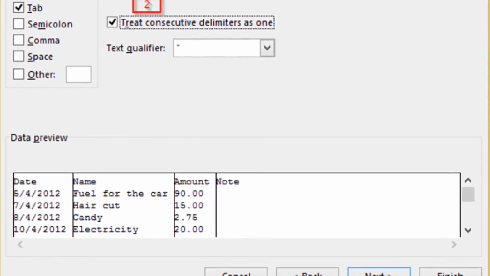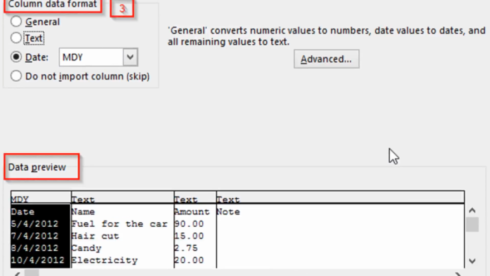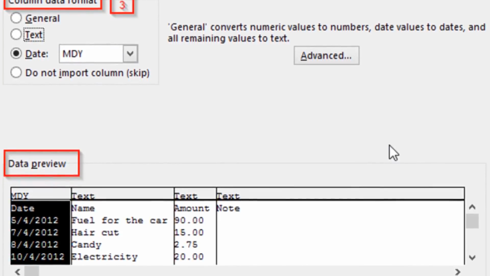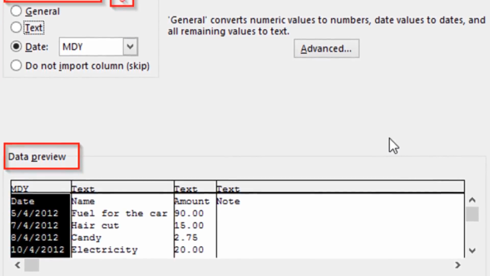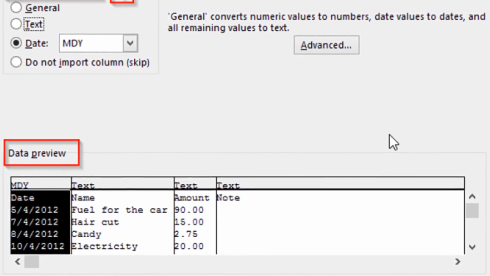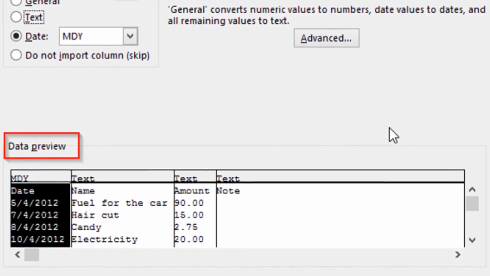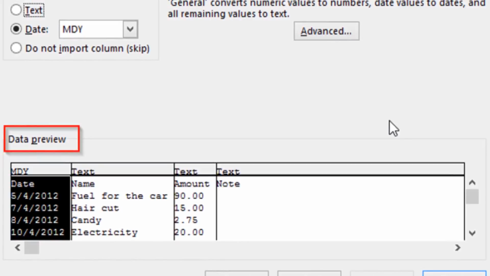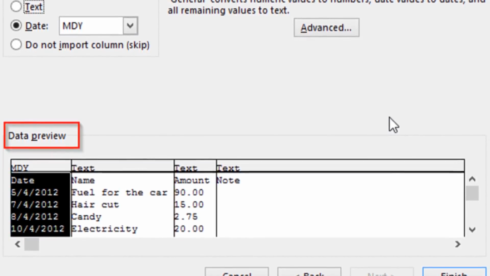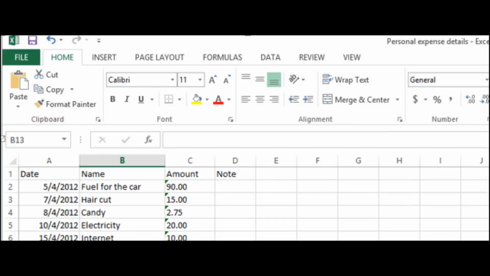Step 3. In the third step, you'll be specifying the data format for each of the columns. So, click on the Data column in the Data Preview window above and click on the Data button under the column data format. Click on the Next column and click on Text under the column data format. Do the same for the remaining 2 columns, Amount and Note. Make them texts. When you're finished, it should look like this figure. Click on Finish to end the importing process. At the end of the process,